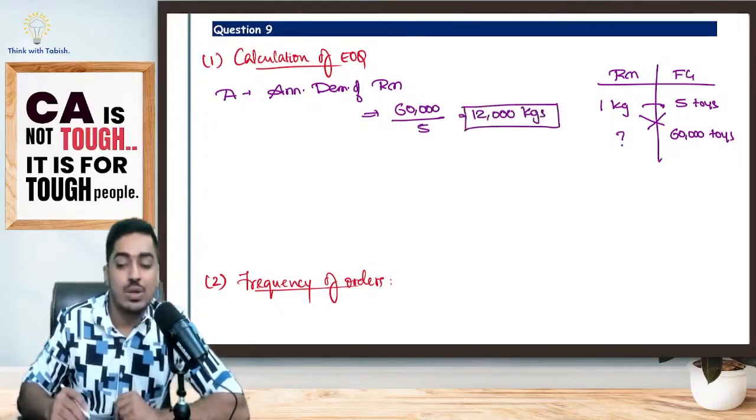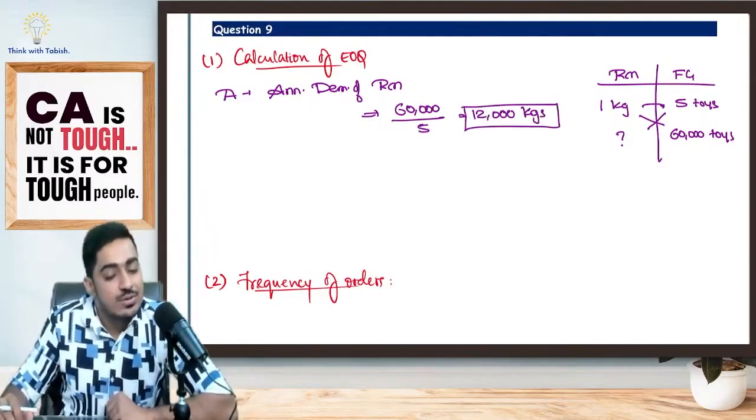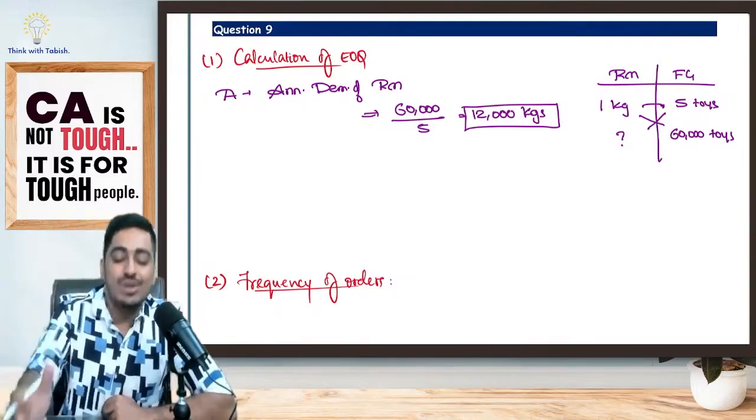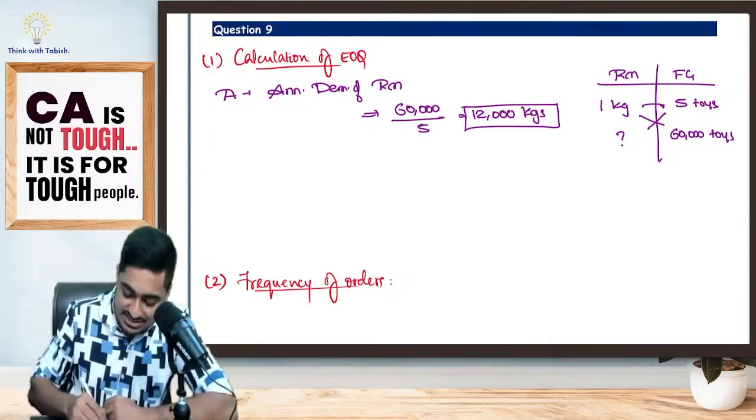So those who have got 12,000 kgs, great, amazing. You're in the right line. Those who did not get 12,000 kgs, absolutely no issues. I've told you we should be getting our answer right only on the day of examination. Commit mistakes, learn from that. As simple as that. Is this clear, everyone?